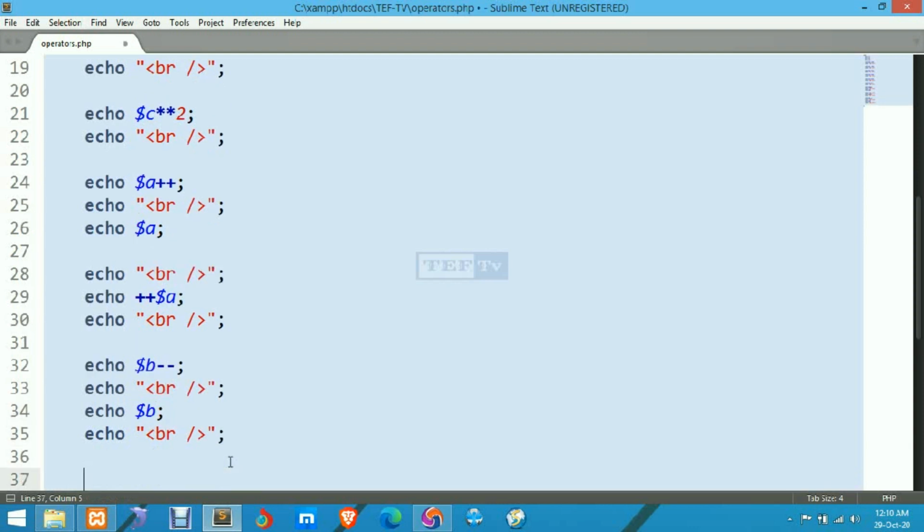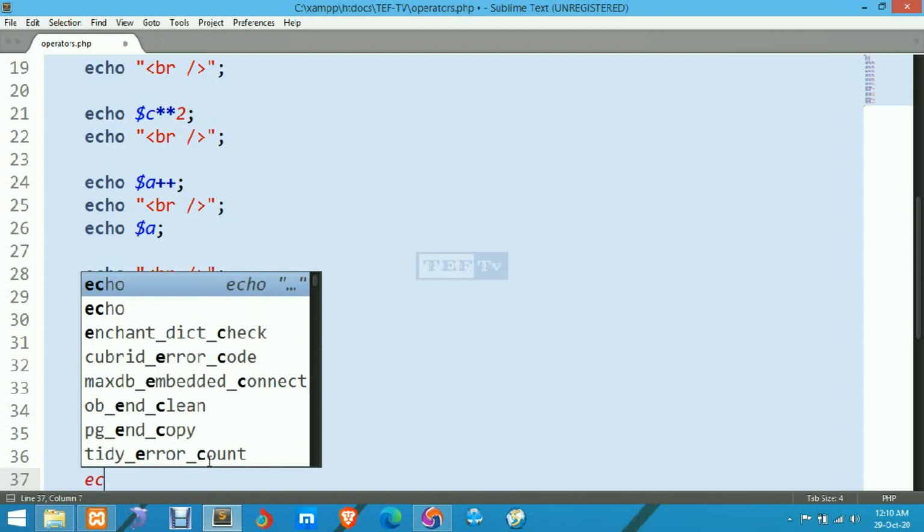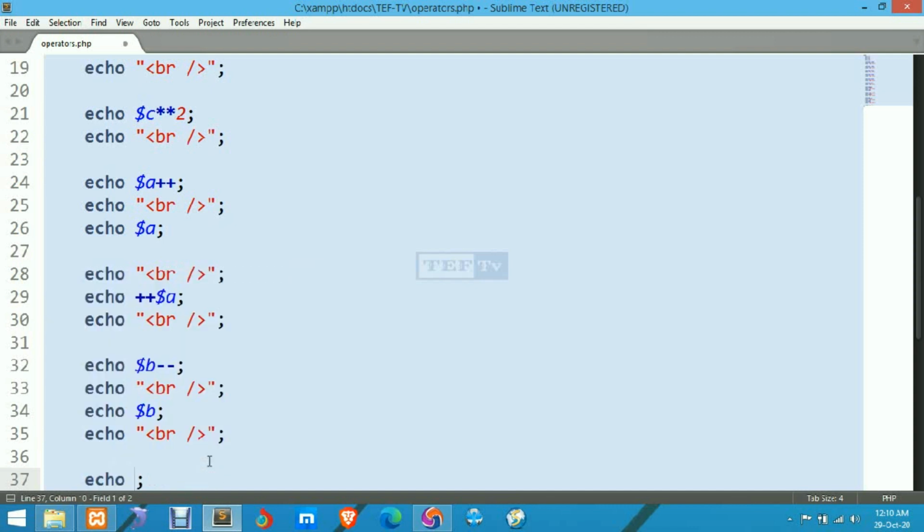Now you can also decrease the value and generate by pre-decrement, as we saw in this example of increment. So echo, minus minus or decrement operator, B,